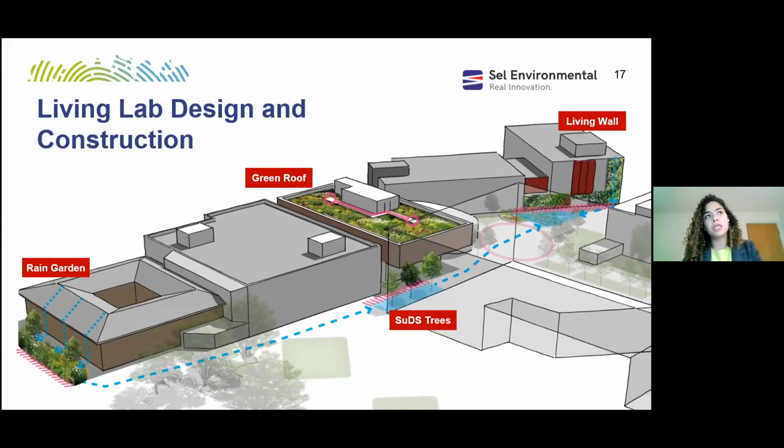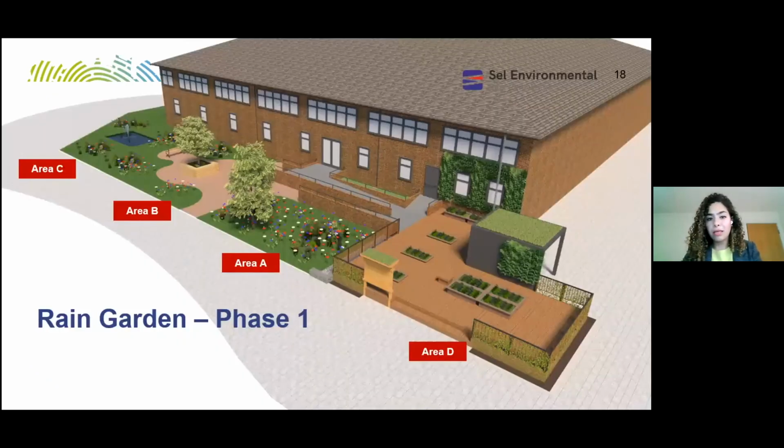And I just wanted to mention here that what we based the design on was basically relationships related to hydrology. So we do have a lot of underground intersections between the different parts of the living lab, and we do have the main driver as where the water comes from and where it's going, and that we can see in this slide and the coming one. So for example, if we go through the rain garden, it is divided into 4 sections, and that is basically because the main water input is related to the water pipes coming down from the roof.